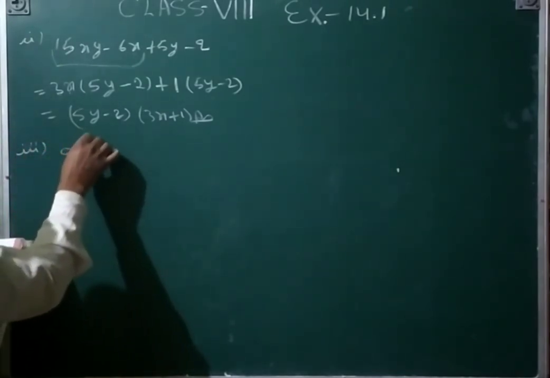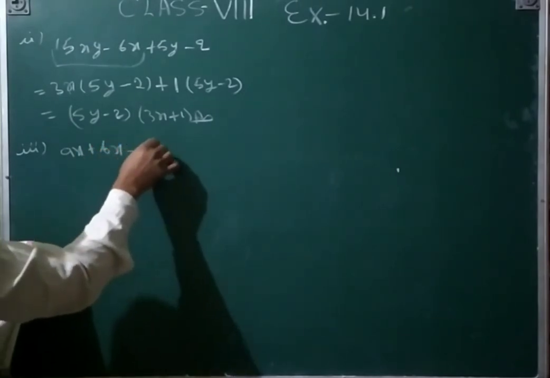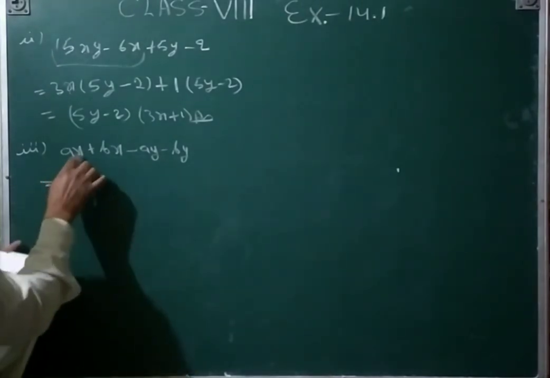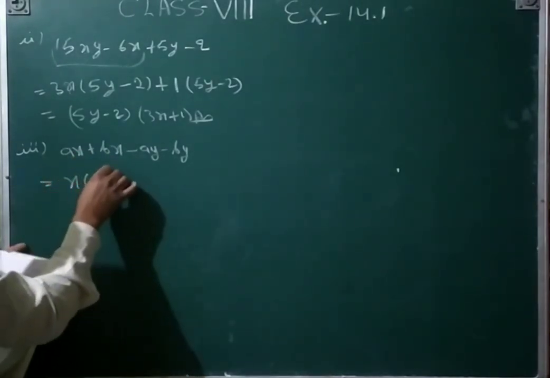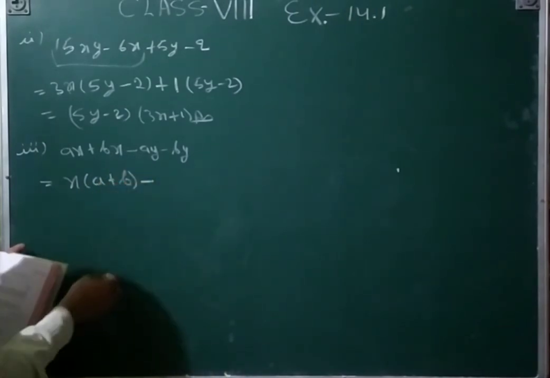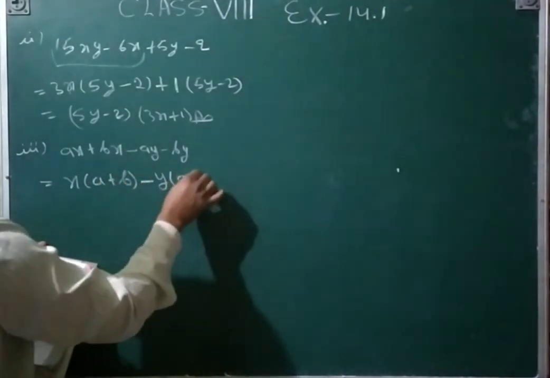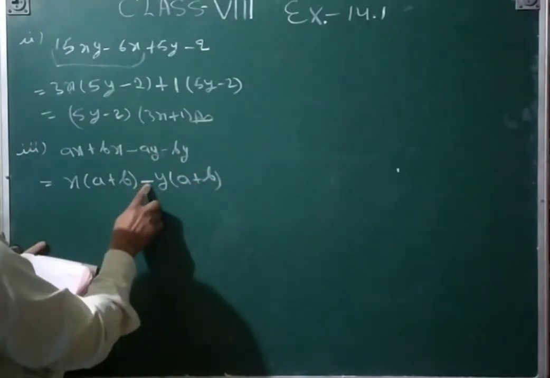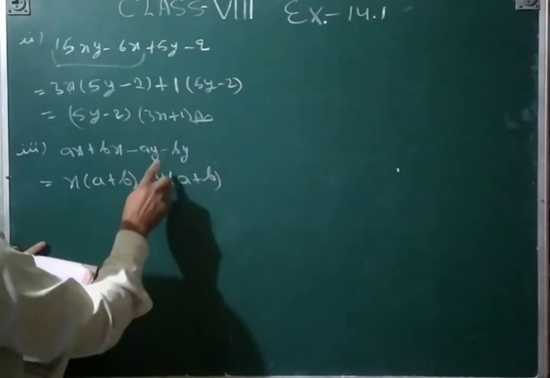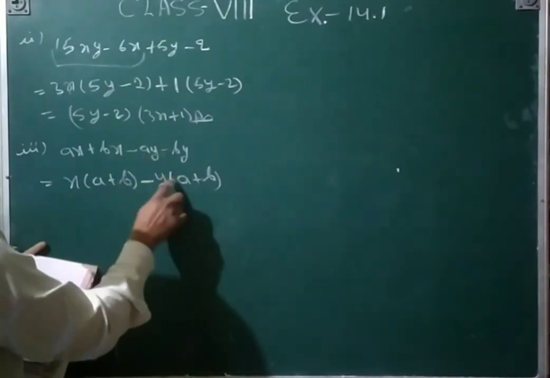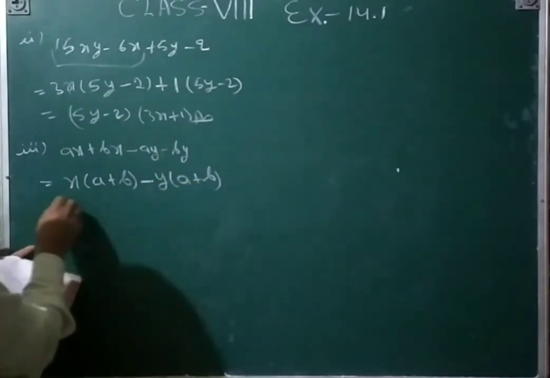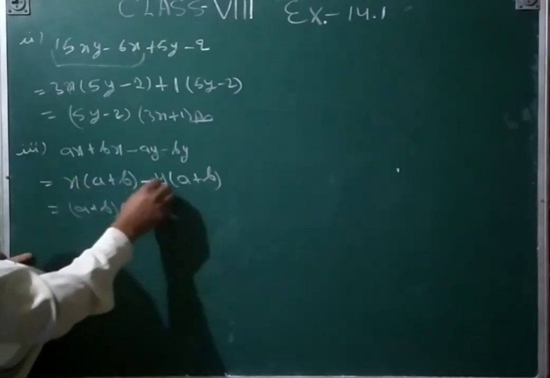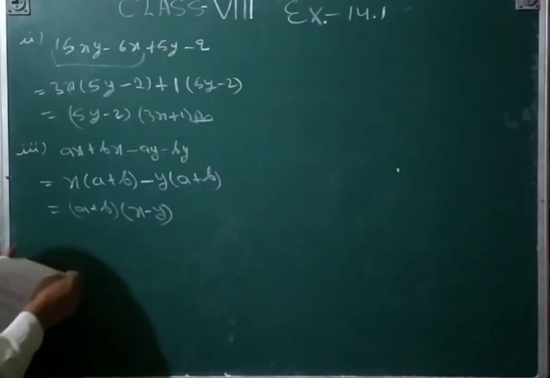And then the third part: ax plus bx minus ay minus by. So you are looking here, very simple. Here is x common, so a plus b will be here, and then minus. Here is y common, so a plus b, but you are looking here minus, so why have you written plus here? If you take the minus common, then every sign will be changed. This sign is minus, so here is a plus. This sign is also minus, so here is a plus. Again both brackets are same, so you write the bracket and then those outside you write also in bracket.